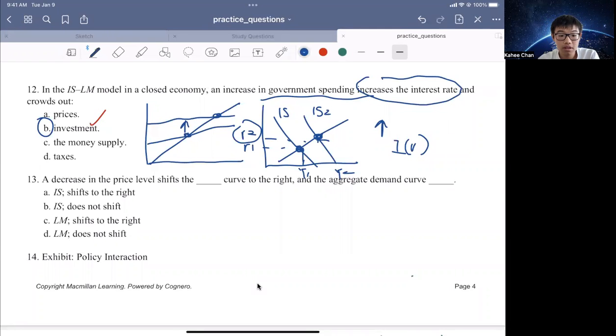Hello everyone. I just realized that I got 13 wrong, so I'm going to go over it. I'm sorry for that. So, a decrease in the price level shifts the LM curve to the right and the aggregate demand curve did. So, in this question, when we are thinking about price level, we must think about the